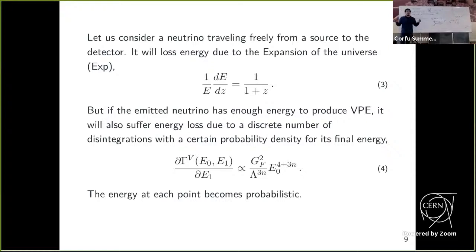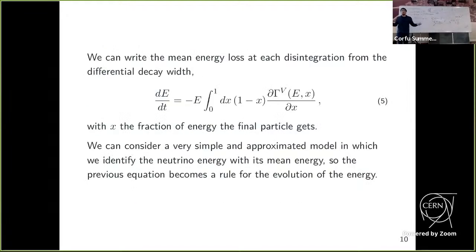It's a probabilistic effect. We can still define, for example, the mean energy loss in the process using the probability distribution. But we don't have a defined energy. So one possible way to make a very simple model is to identify the energy of the neutrino with the mean energy. So the previous equation becomes some kind of evolution of the energy in the process of vacuum pair